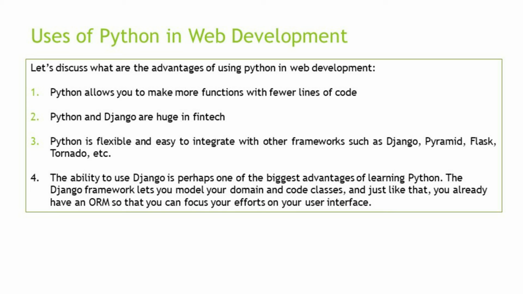All those things can be done in Python within just a few lines. If you want to create with Django, which is huge nowadays in the financial world, in terms of fintech, there are lots of things happening because of the easiness of web development technologies provided by Django along with Python. Again, it is very flexible